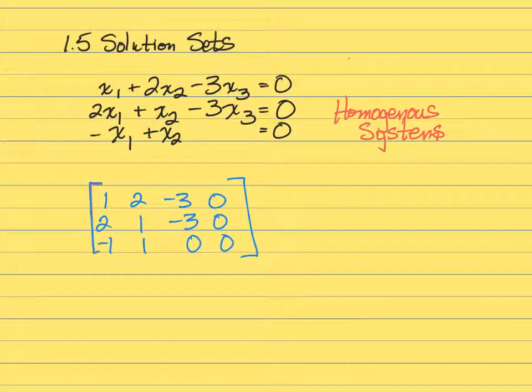Now, we could then solve this by hand, which I think might be a good idea for you to practice. Get it into row reduced echelon form. When I say solve a system of equations in a matrix, what I mean is put it in row reduced echelon form. All right. So you ought to take this opportunity to practice and do it by hand. I'm going to go ahead and give you the RREF for this thing. Okay. So the row reduced echelon form for this matrix looks like